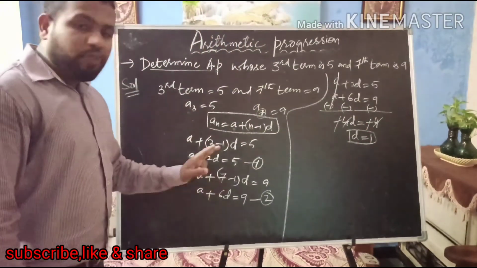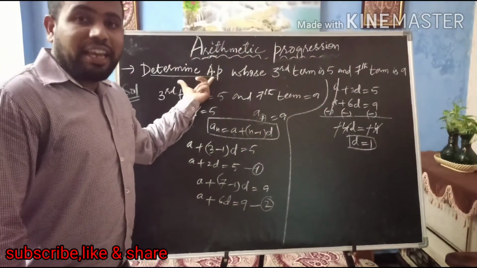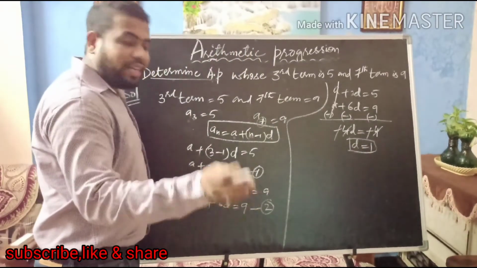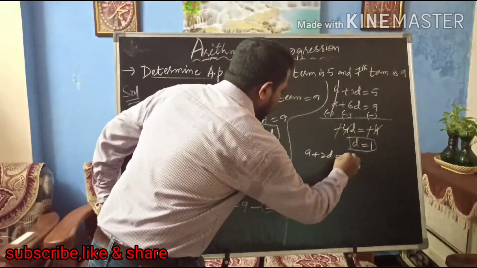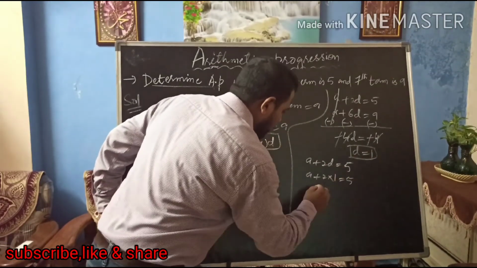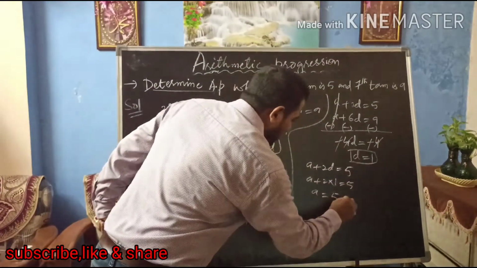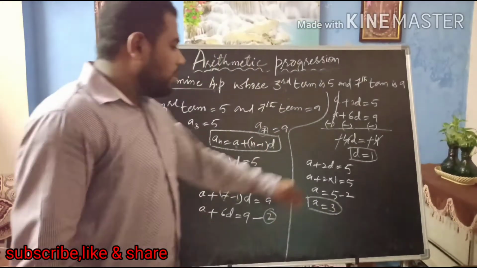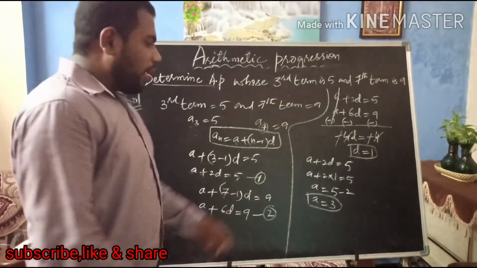Now we have to find the value of a. Once we have the first term a and the common difference, then we can find the AP series. Now I'm just going to substitute this common difference in one of these equations in order to get a. So I'm choosing the first equation. What is the first equation here? a plus 2d equals 5. So a plus 2 into what is d? d we got as 1, equals 5. So a equals 5, minus 2 ones are 2. So 2 I'm just going to transpose to that side, so it becomes minus 2. So a equals 3. That is right. Now we have the common difference d, and we have the first term, that is 3. So it's very simple and very easy.